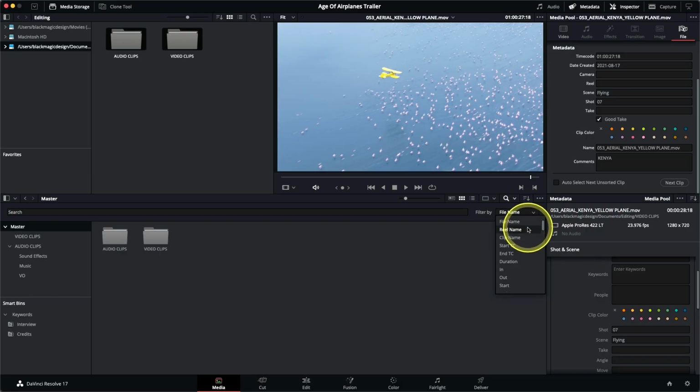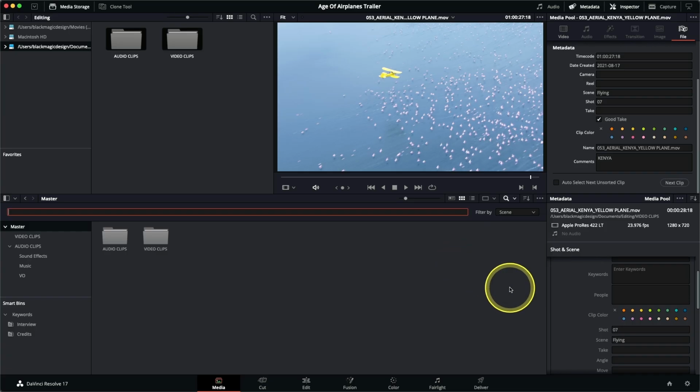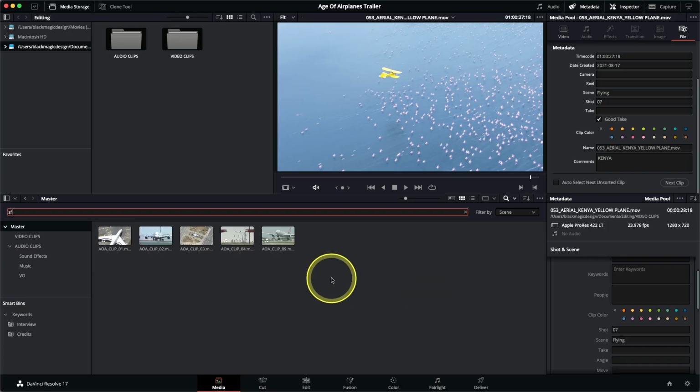In this case, though, I actually want to match to the scene information. So if I just tap S on my keyboard and keep tapping S, it will cycle through all the metadata fields until I get to the scene. Selecting that, I can now type in SFO. And you can see that all of the clips in the project that have that scene information, SFO,